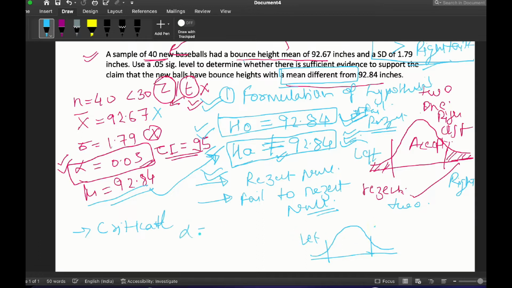So our alpha is given 0.05. So it will be divided into the two regions, that is 0.025 and 0.025. Okay, and what will be the value of this? This acceptance region will be 0.95. So here we can write 0.025 and here it will be 0.95 plus 0.025 is equal to 0.975. So this will be our acceptance region from 0.025 to 0.975.